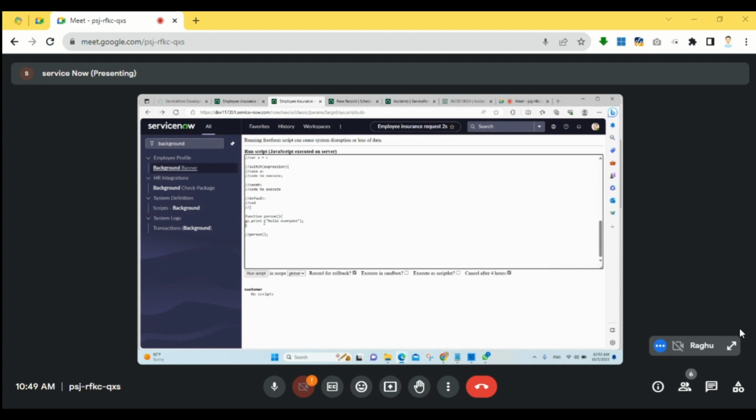Suppose here we are not using gs.print, I'm simply using a variable x is equal to hello everyone, and I'm returning x. So now if I call this person function,